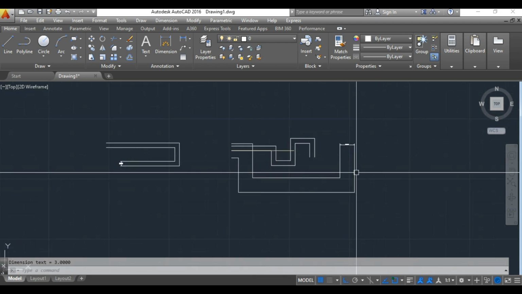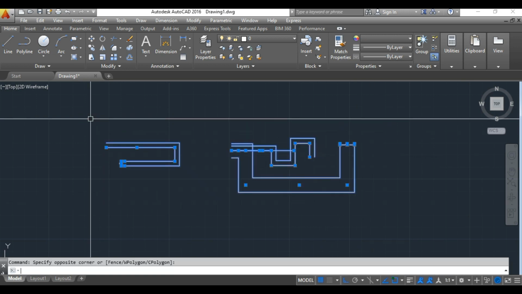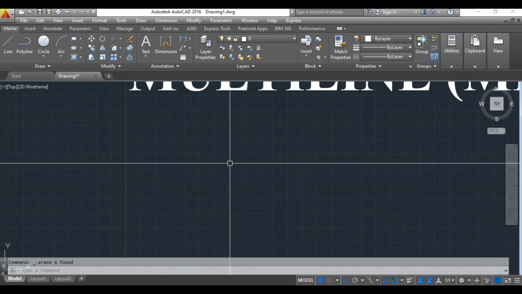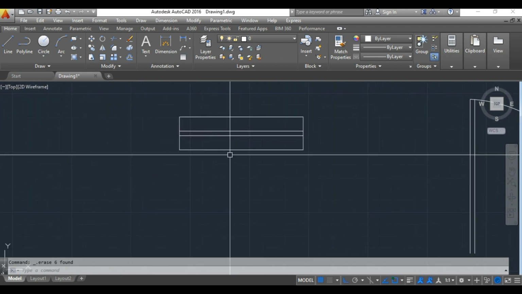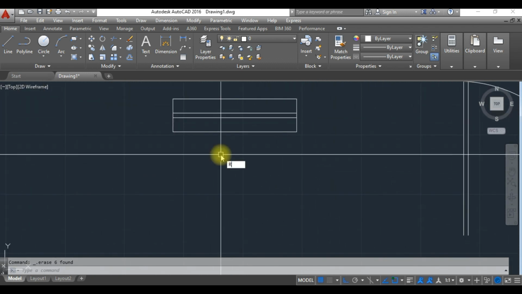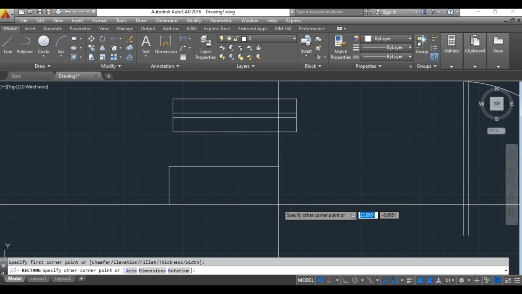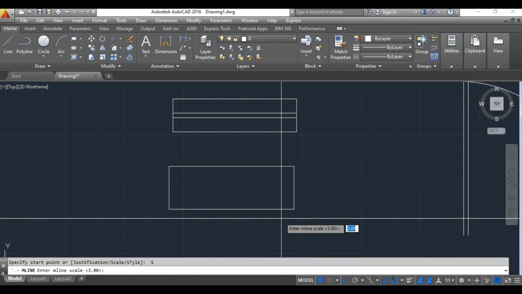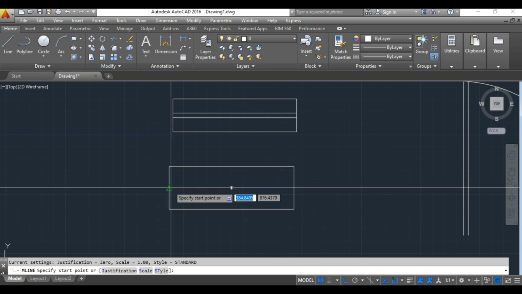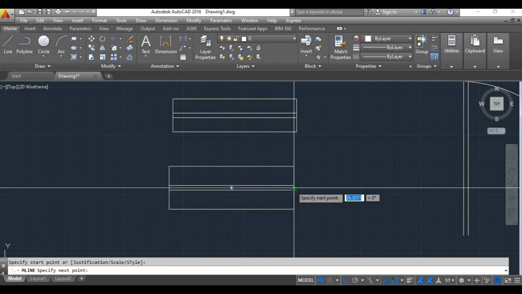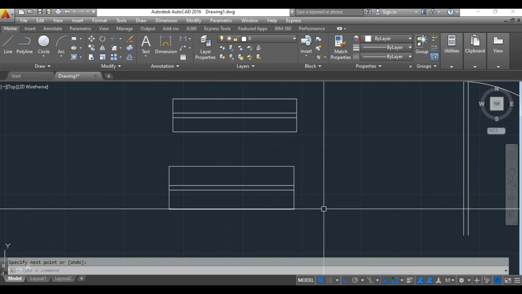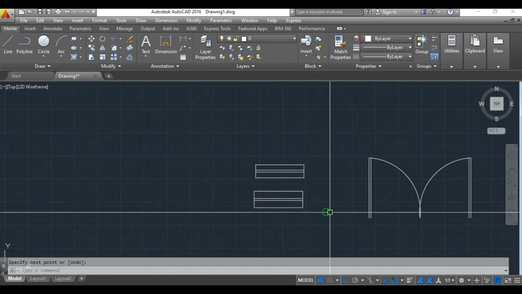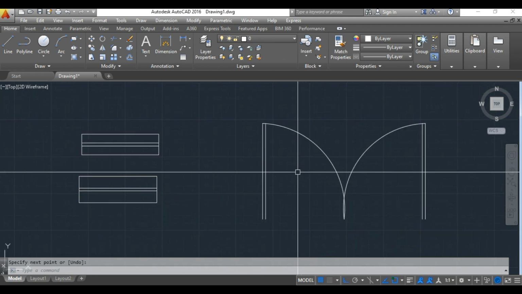Now I will show you how we use this in civil engineering terminology. I have taken one small rectangle over here, and I have used the multi-line command. So here with the help of scale I will get back to the original default scale of 1. Now I will go with justification and I will go with 0. You can check here by center clicking, and I was just clicking over here. So now it has been created as a top view of a window. If you want to create what we call your door also,